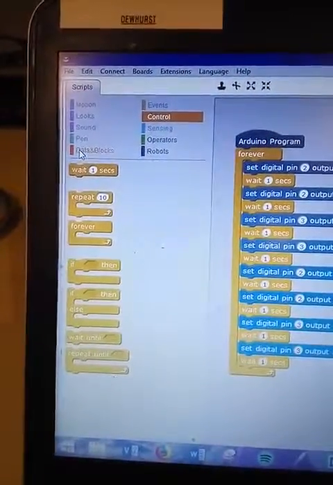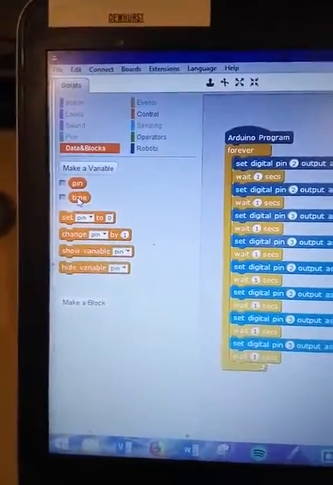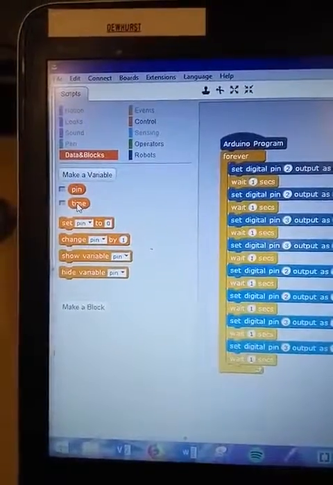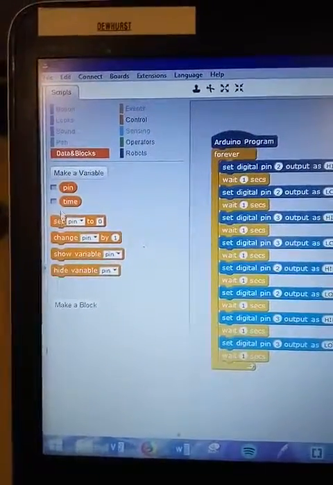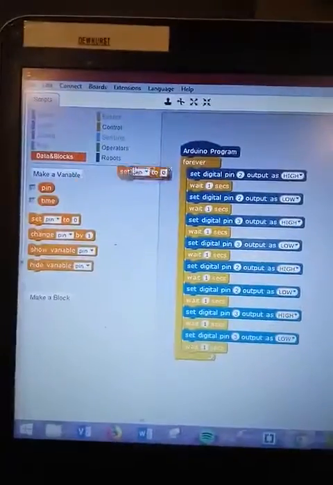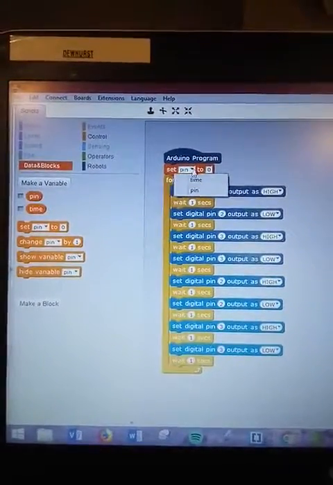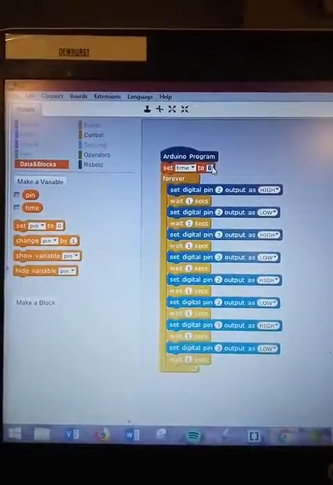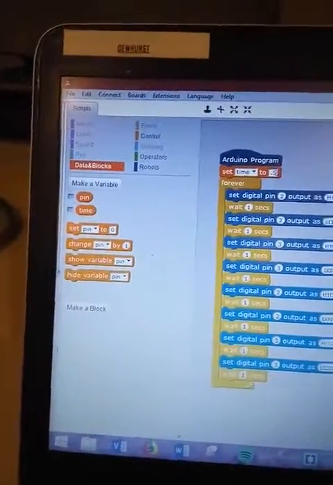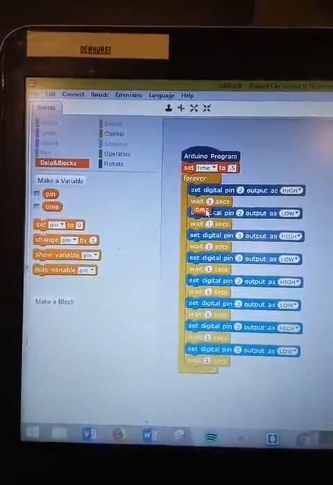In the data blocks here, I've made a variable called pin and a variable called time. Now, watch this. If we create the variable, you've got to make a variable here and you name it like so. What you call it doesn't actually matter. Okay, I'm going to do that and set time to 0.5, and if we now drag time into all of these,